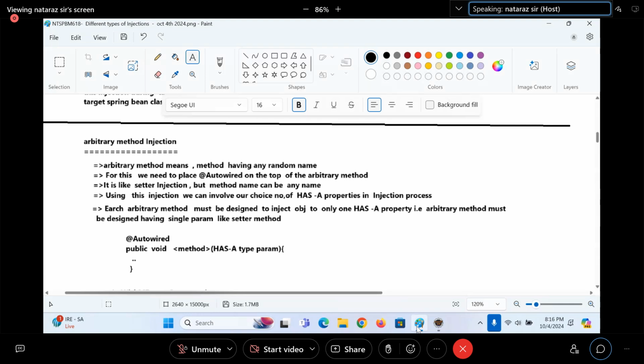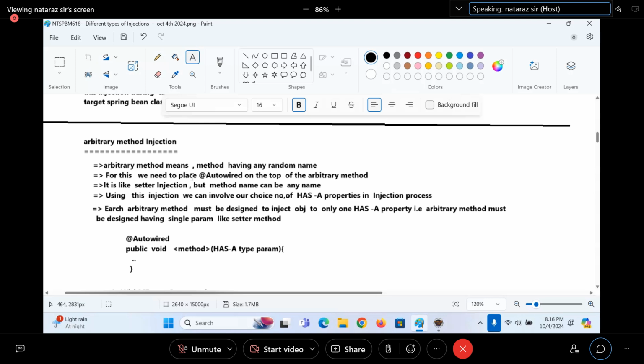Arbitrary method injection is more or less the same as setter injection. The only thing is there is no restriction on the method names. Got it, guys? An arbitrary method means a method having any random name.